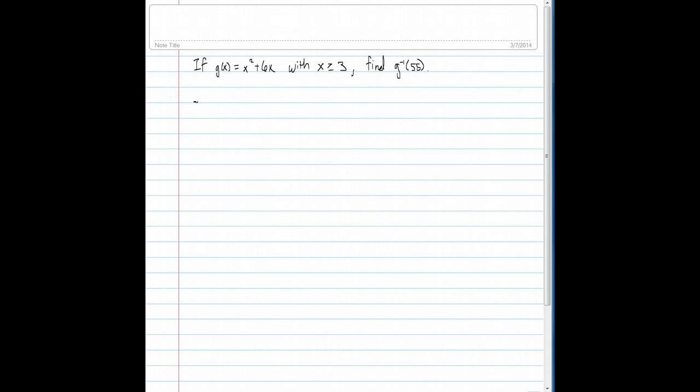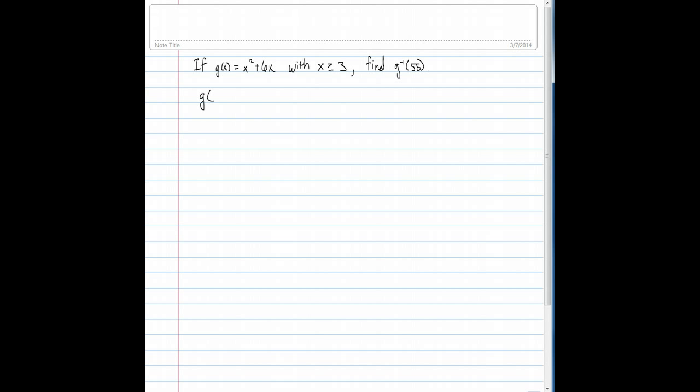So the problem says if g of x is equal to x squared plus 6x, with x being greater than or equal to 3, we want to find the inverse of g at 55. But what this is really asking us is, we're looking for an x value of our function g such that g of x